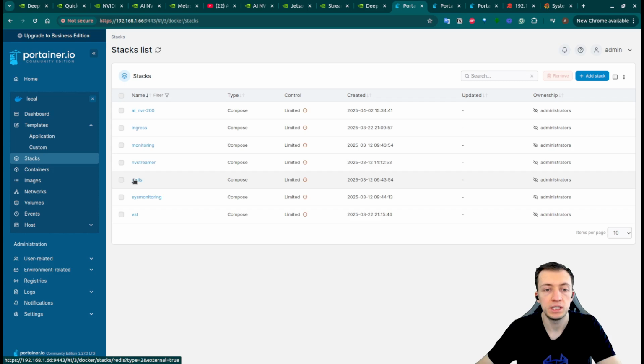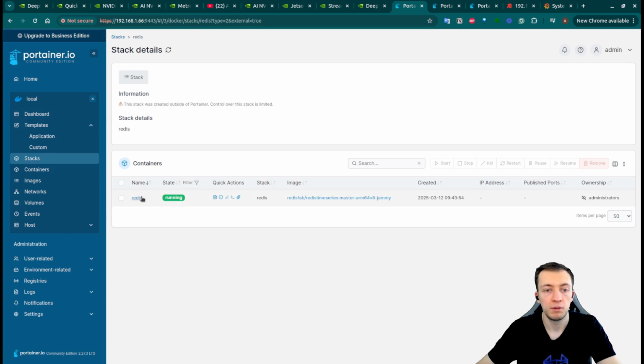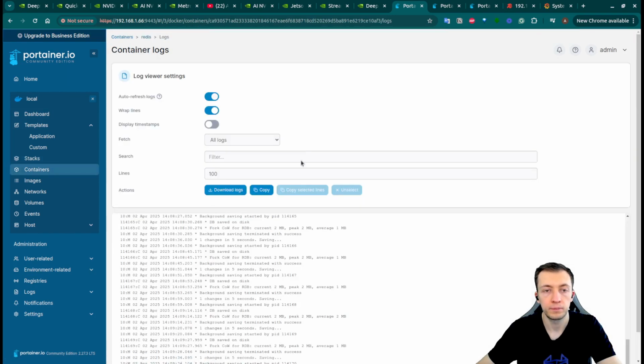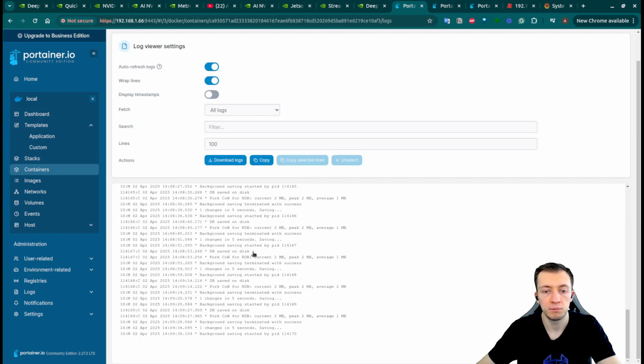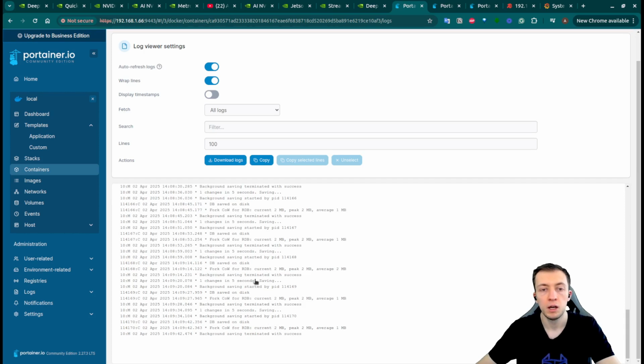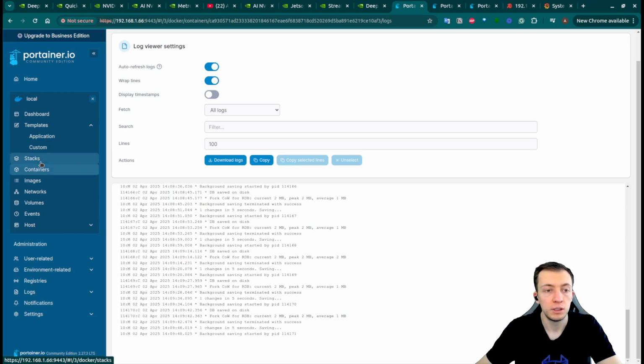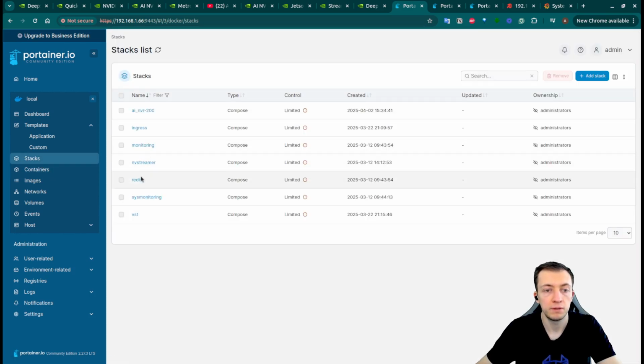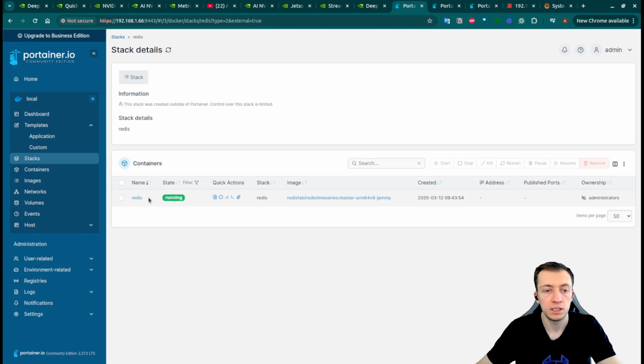So for VST, for Redis and for monitoring, we will have separate stacks where we will find our application, and we will be able to consult logs. Also, you can always consult logs through the command line interface by using docker logs -f with the associated name of the